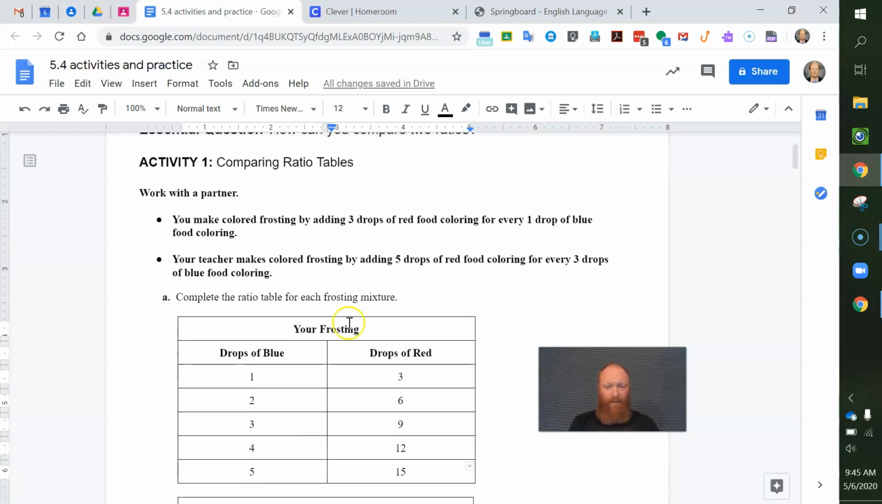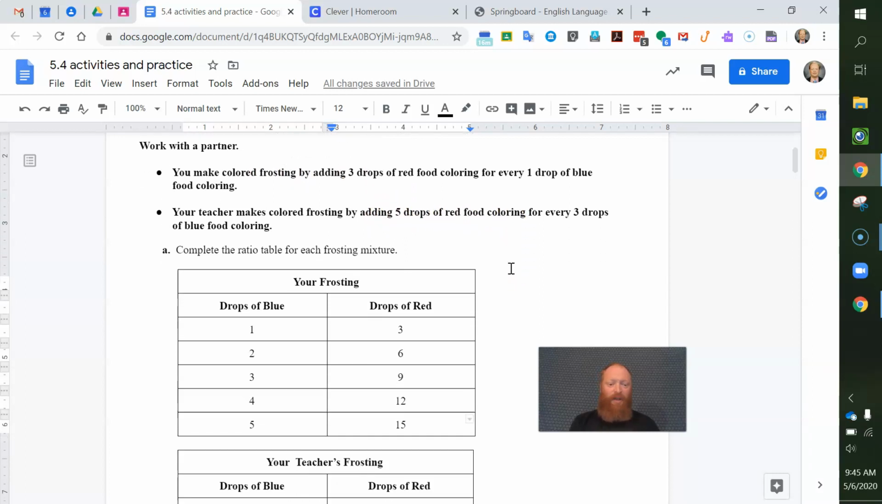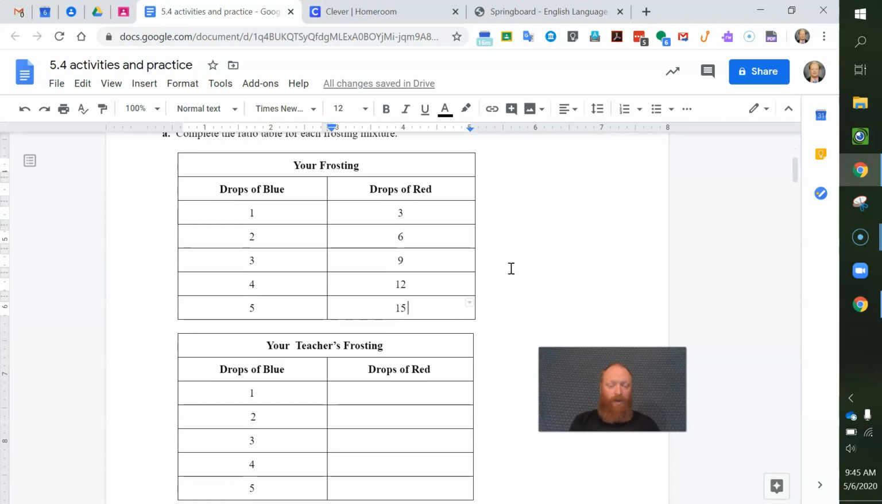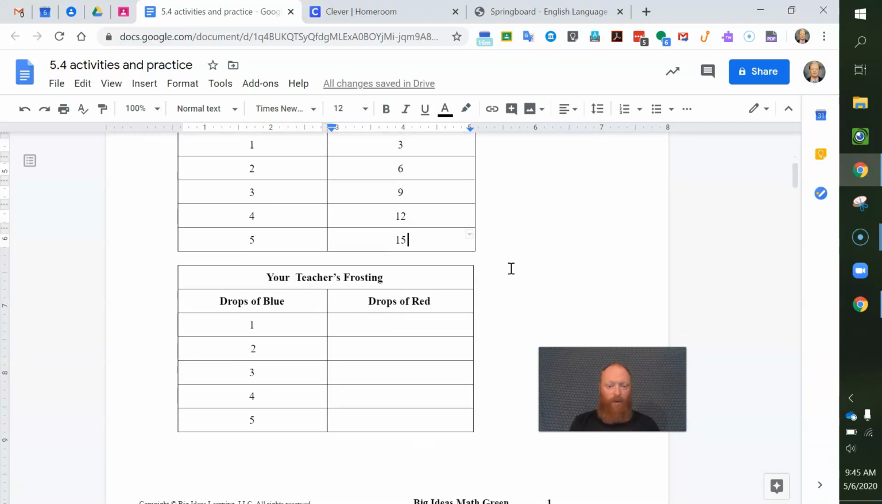Okay. So the teacher is adding 5 drops of red for every 3 drops of blue. Well, that's a little bit harder. But what we can do is we know that we have 3 drops of blue, and so we know that this is going to be 5 drops of red. So where does that leave us? That means for every 3 drops of blue, we're going to put in 5 drops of red, and this is what I'm going to do. I'm going to insert